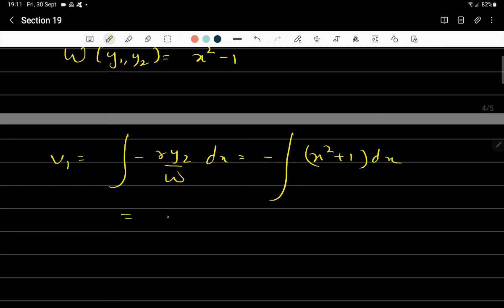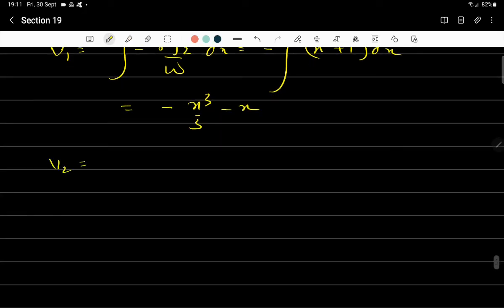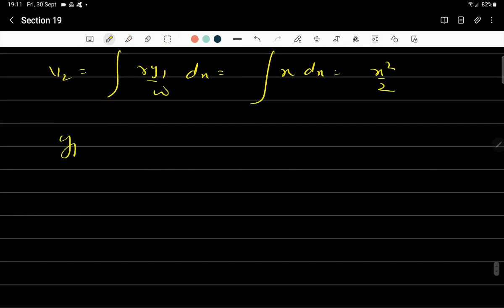The other things would cancel out, so it's minus x cube by 3 minus x. Similarly, v2 is integration of r y1 by w dx, which again things would cancel out and turns out to be x square by 2. So if you substitute the value of yp, which is y1 v1 plus y2 v2, it turns out to be